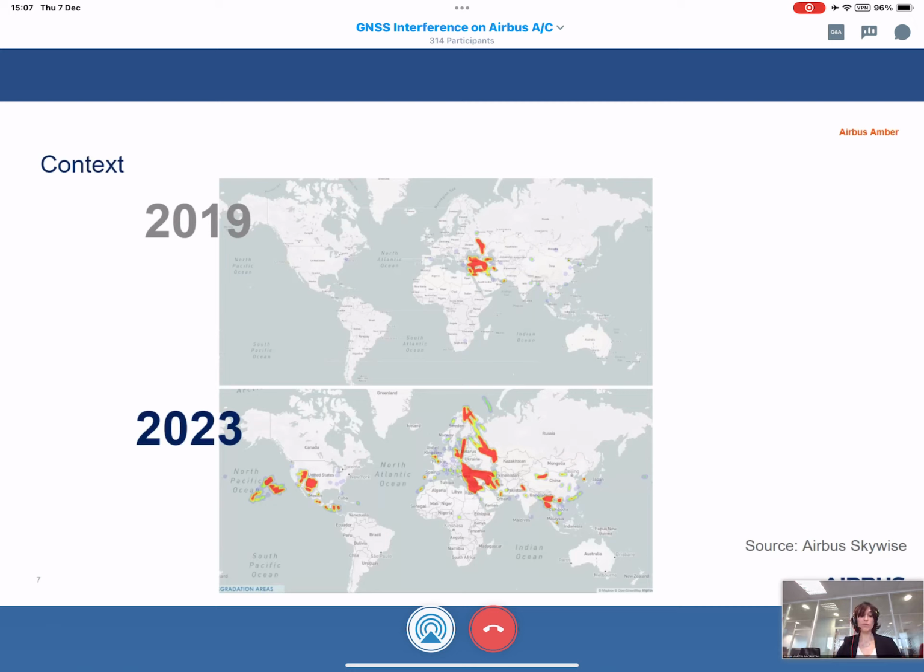According to EASA, which matches Airbus observations, the main affected areas would be the Black Sea area, the South and Eastern Mediterranean Sea area, and the Middle East, and also the Baltic Sea and Arctic area. To illustrate the trend, we can see here a map of the evolution of the interference threat over the years according to the anonymized data received from our Skywise customers.